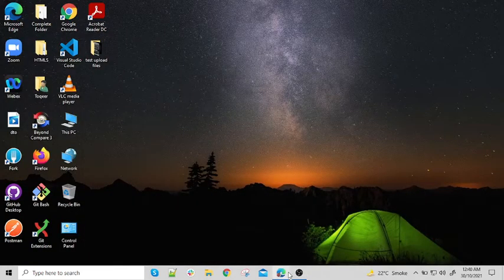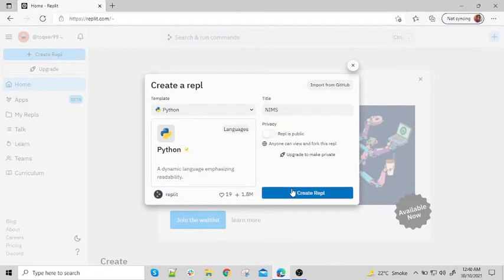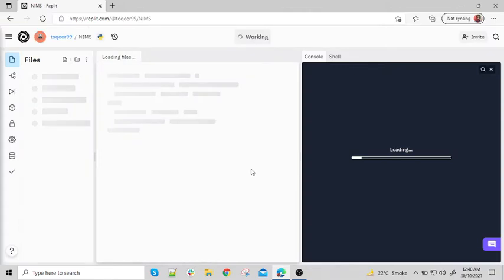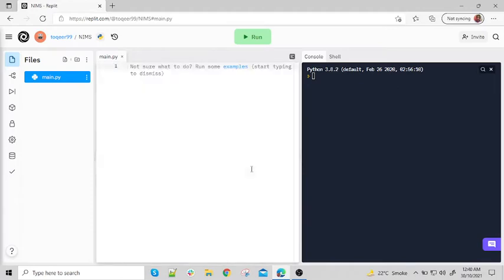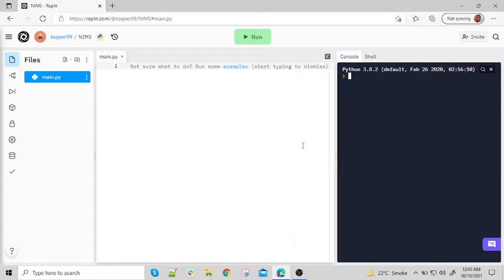Today we are going to do something exciting. Actually, I was checking a task that is making a Nim game in Python. What the Nim game is, I will let you know about its intro, but for now, I was going to code it, so I decided to record it as well, so then I can upload it on the channel and you people also can get an idea of how to make a Nim game in Python.